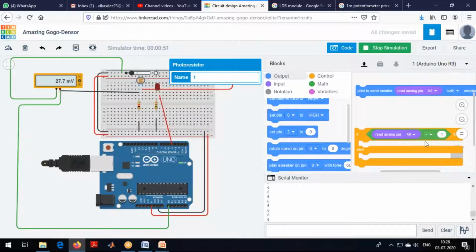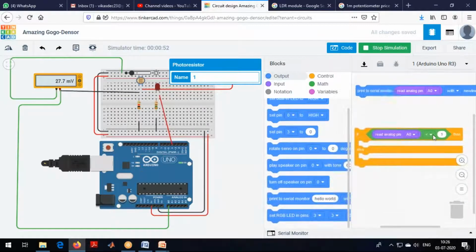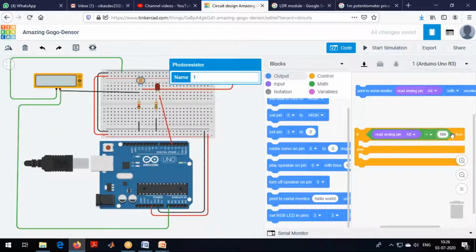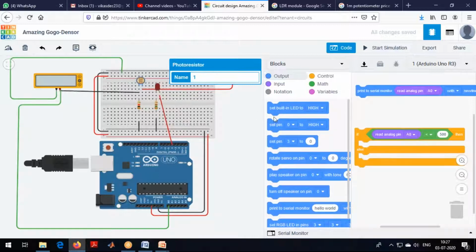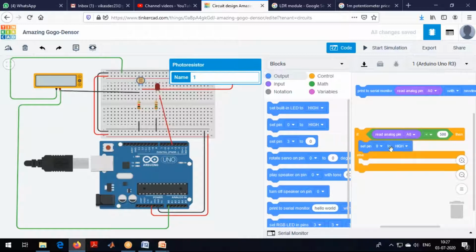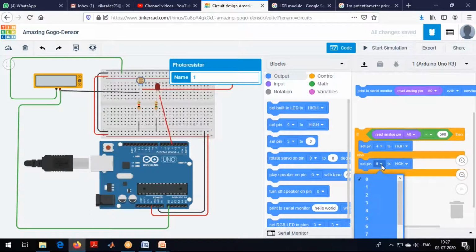Then I'll go to this condition and write: if my values are less than 500, I need to switch on this LED, and that LED is connected to the fourth pin. I'll take this set pin, this one to fourth high. Whenever it is dark, you need to make that one high. Whenever it is light, you need to make that one low.